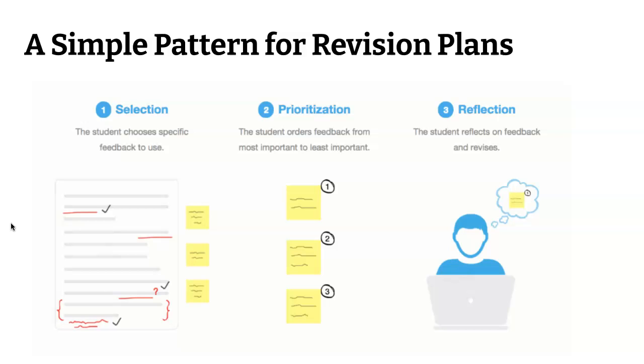Then prioritize it. Okay, so choose the most important things to fix first. And then reflect on those and actually make those changes. You will meet with Cian for your second draft when your paper is even better after you've revised it